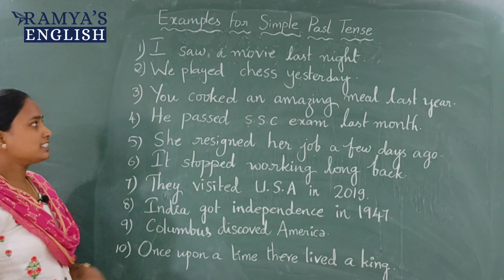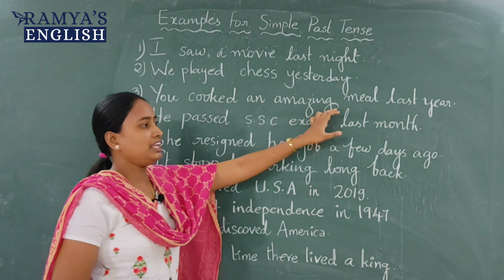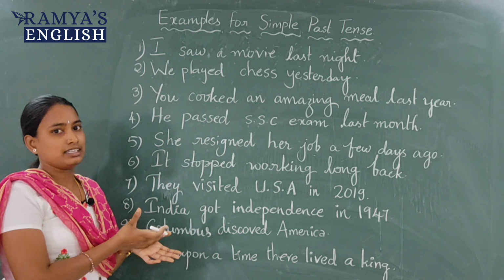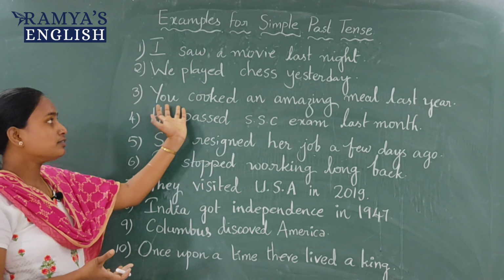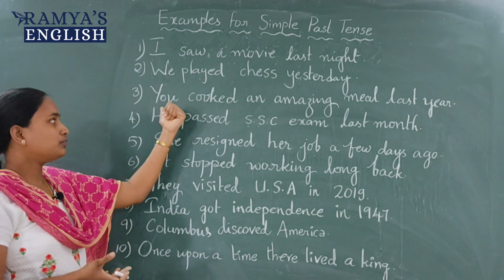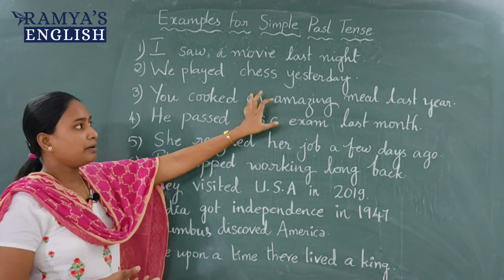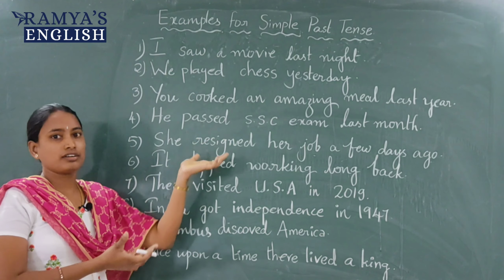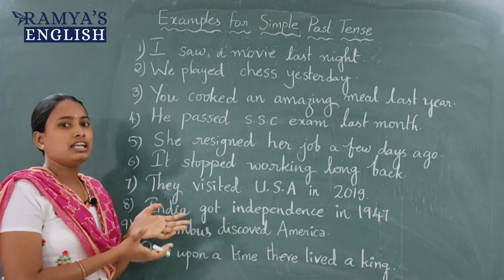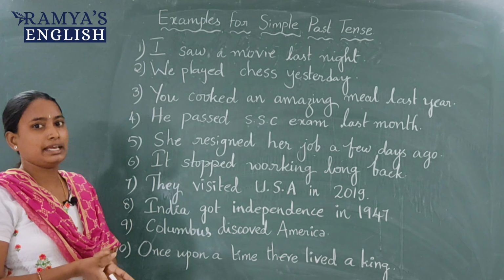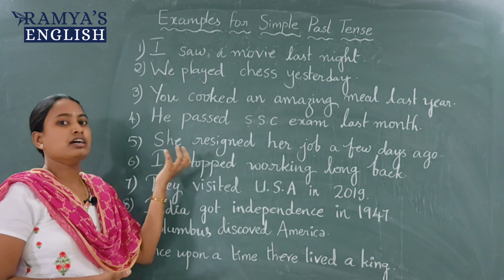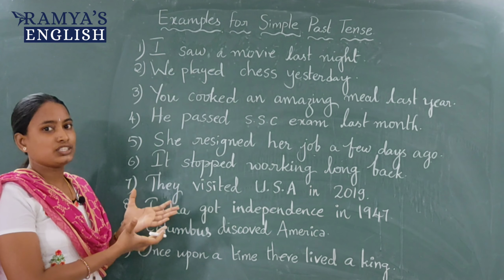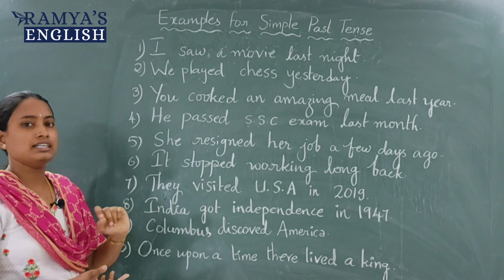And the next sentence is you cooked an amazing meal last year for my birthday. So you can remind that last year moment. So you are reminding here. So what you are saying? You cooked. You is a subject, cooked is a verb, an amazing meal is the object, and the indication is last year. Or you can replace any occasion there, for my last anniversary, for my last birthday. So when you remind your memorable moments or previously happened actions, then you can use simple past tense.